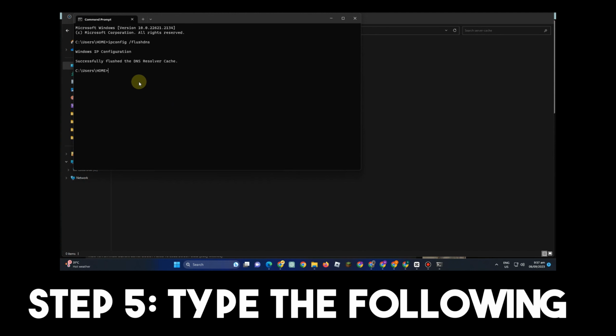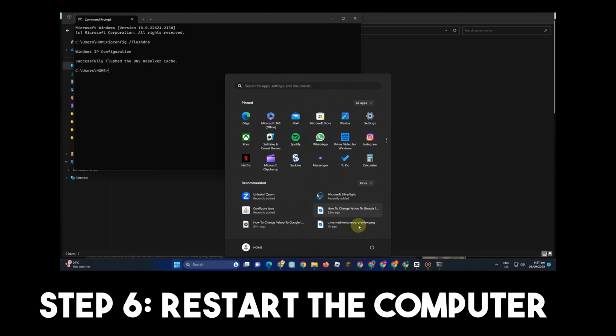If not, step 6, all you have to do is simply restart your computer and then go back to your